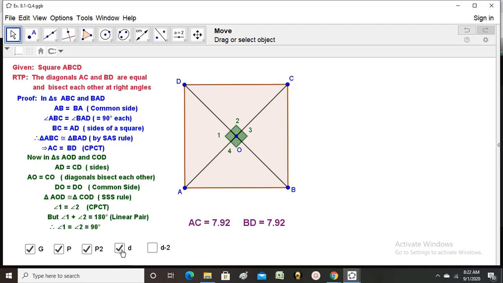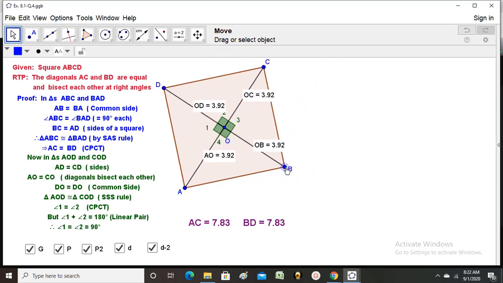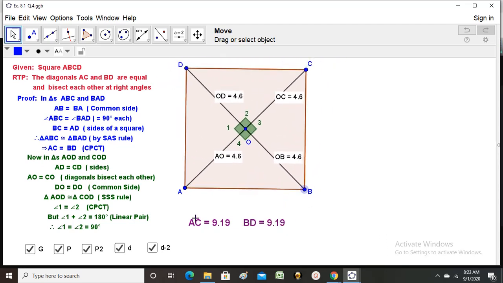So you can even check the diagonals. I already showed you these things in the previous way. Even the same can be checked for any other square. In all the squares these will happen. So understand this proof. Now we go for